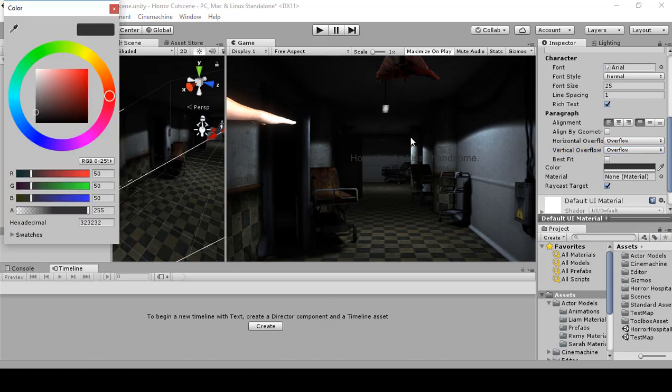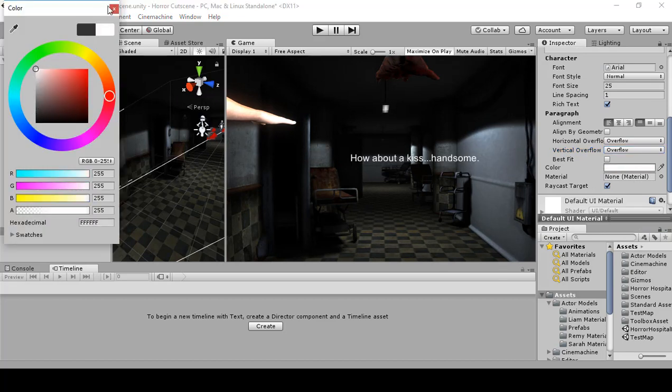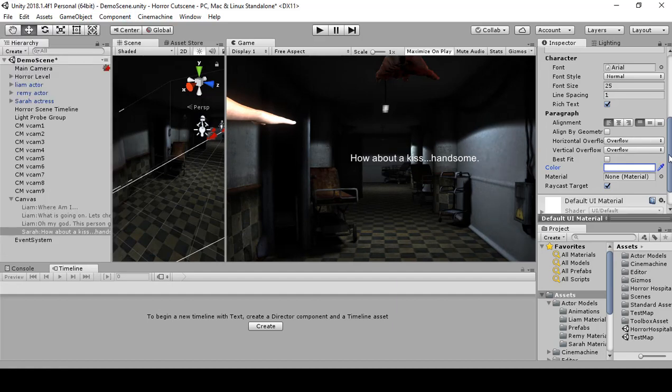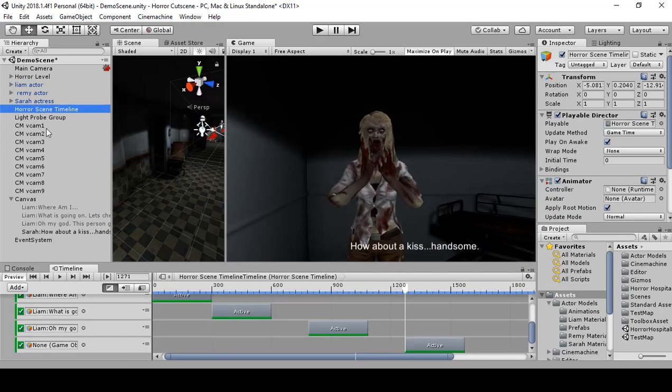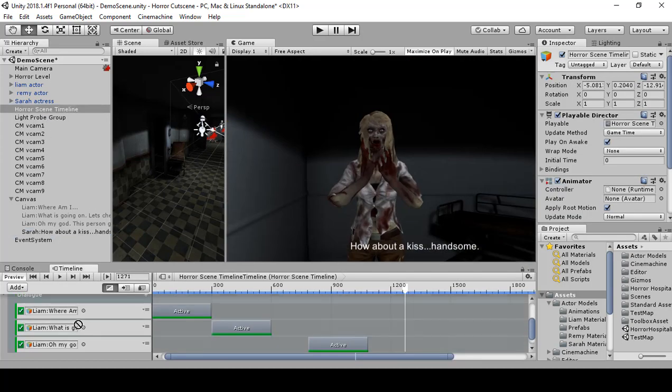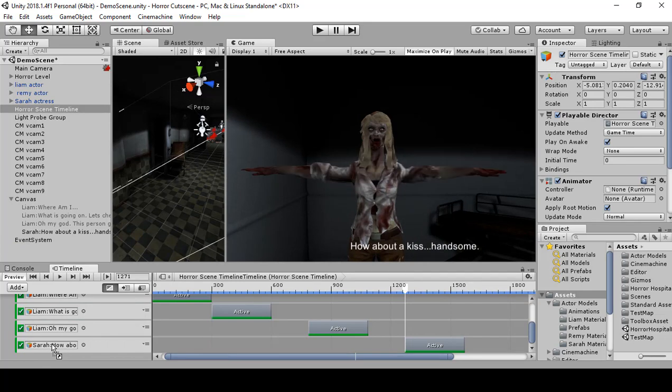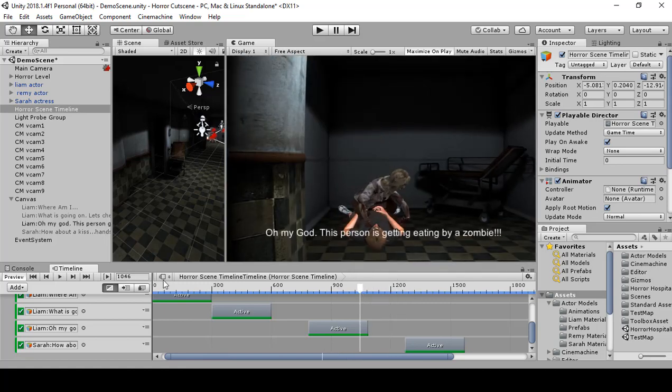And then switch the color to white so I can see it. And then I'm going to bring this down right here. And then I'm going to go back to horror scene timeline, and add it to the timeline, to the activation track. So if you scrub through and press play,